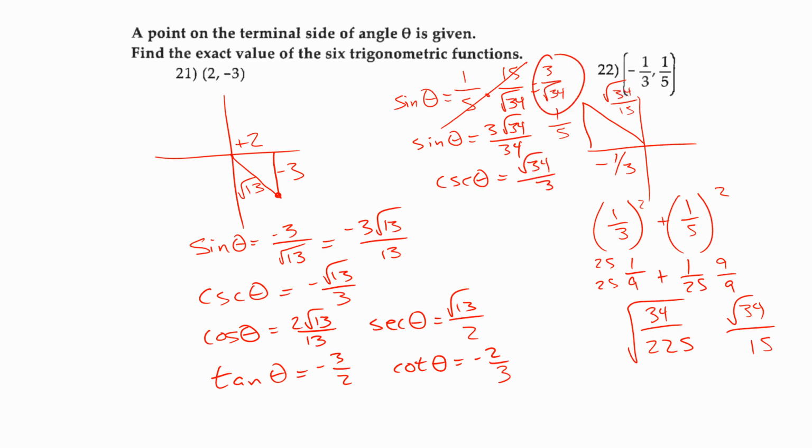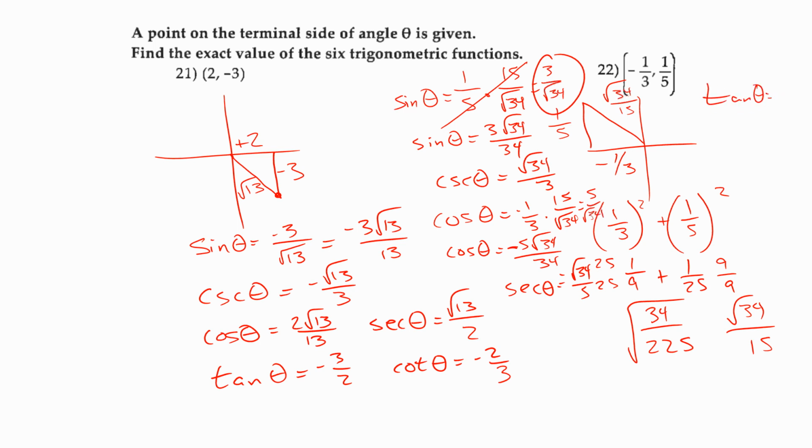Right? Flip of this. The cosine theta is equal to negative 1/3 times the reciprocal, 15 over rad 34. So this is going to be 5 over rad 34. And so cosine theta is equal to negative 5 rad 34 over 34. Whereas the secant is rad 34 over 5. There's a negative there. Okay. And then the tangent